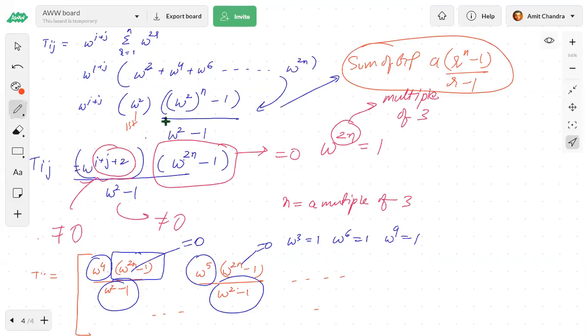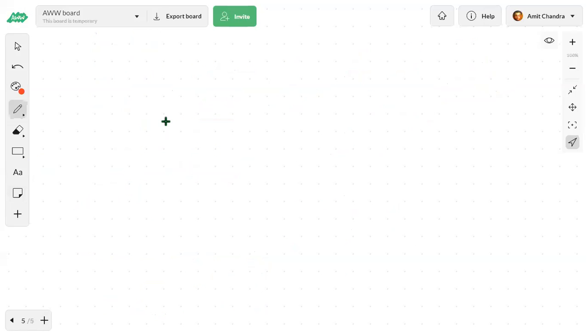From now onwards, we will see some more properties of transpose and different kinds of matrices, and from the next class onwards we will start moving towards determinants, and then from determinants we'll move on to the inverse of a matrix. We have already seen what a transpose is, so we will just see some different properties.